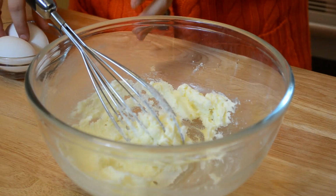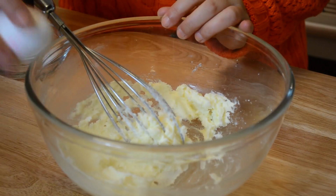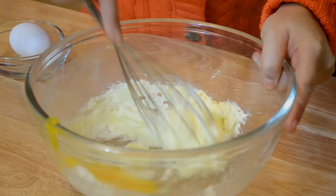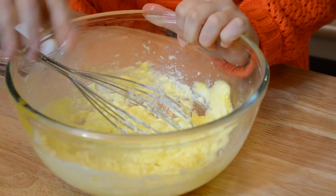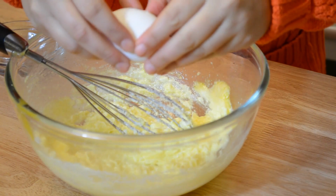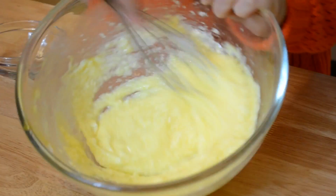Now we're going to add the eggs, but add the eggs one at a time. So first, add the first egg, mix it well, and once the first egg is well incorporated, then add the second. And continue mixing. We're going to use almond powder, and basically almond powder is just raw blanched almonds that you